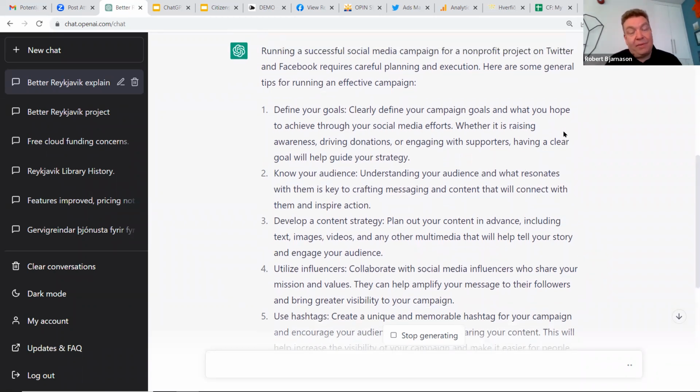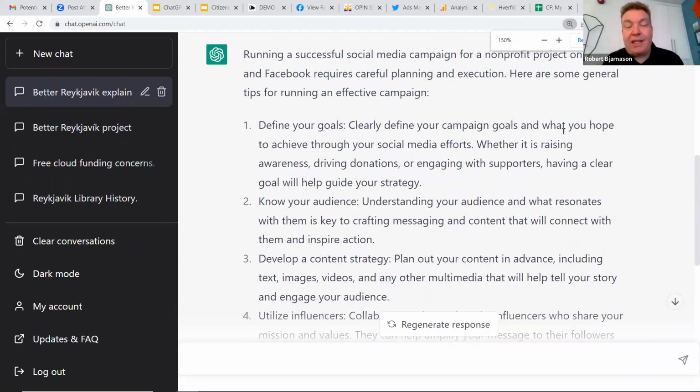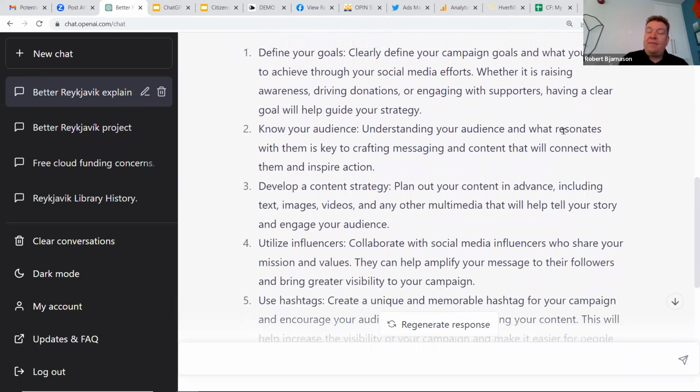A good thing, I'll show you this in ChatGPT if you are using it yourself, is that you can also ask follow-up questions. But those are some of the few points, and I absolutely agree. When you're running a successful communication campaign, number one, define your goals. For an engagement project like this, it is having people come on and engage, having new ideas added, having people take part in debates and so on. But still, your goals are going to be customized.